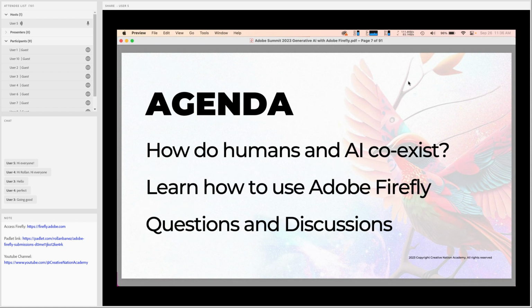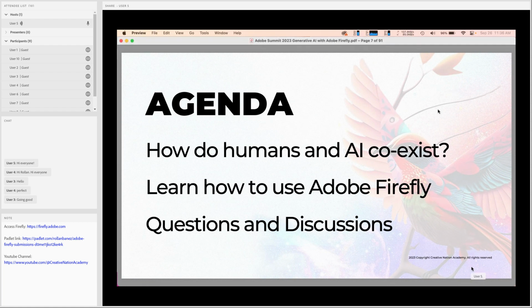We're going to cover the following: how do humans and AI coexist? Because right now there is a lot of debate lately regarding the ethical use of artificial intelligence to imagery, to a lot of the science and arts that we're going to have. So I'm going to touch on a few things before we go to the actual usage of Firefly itself, so kindly stick around for that.